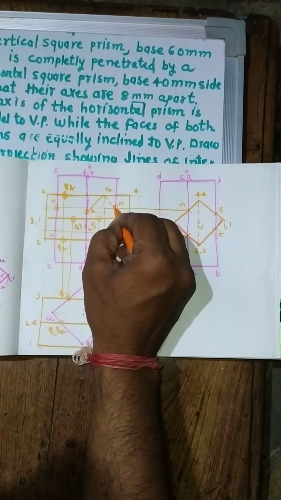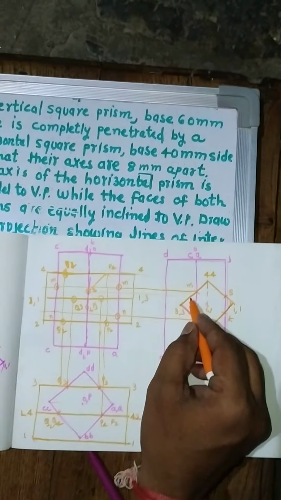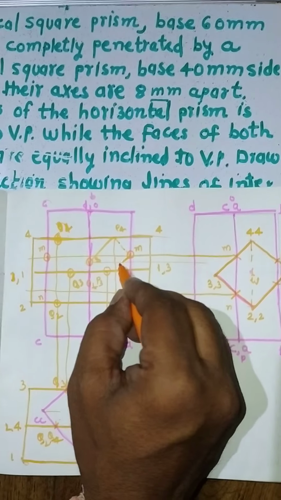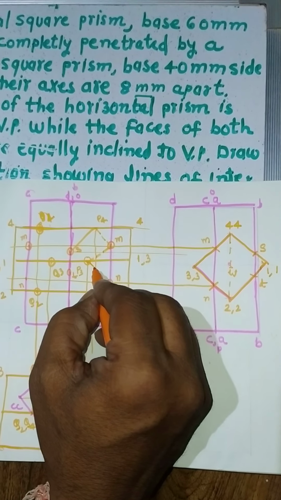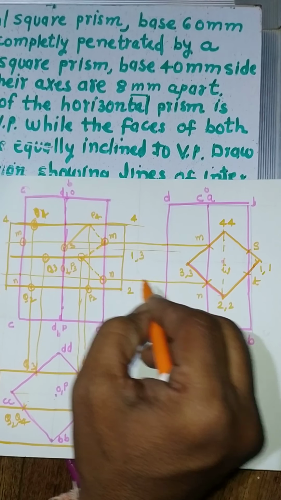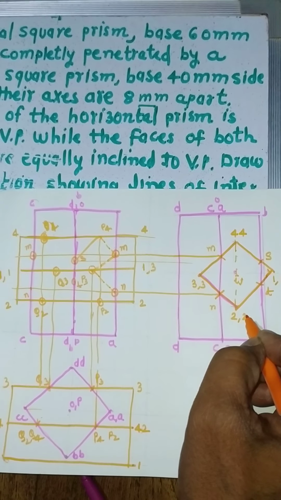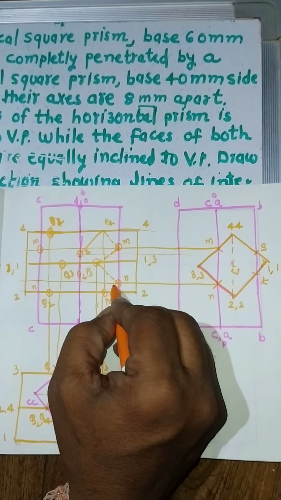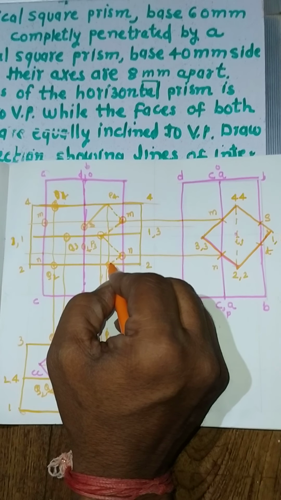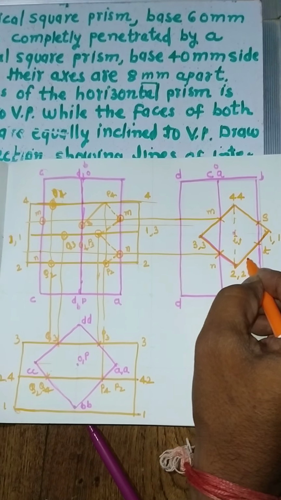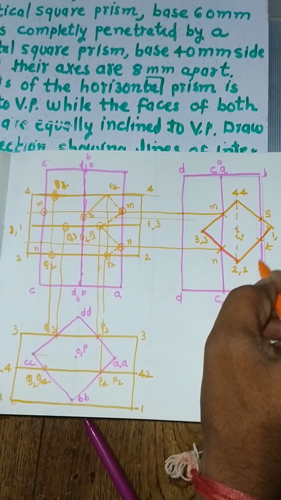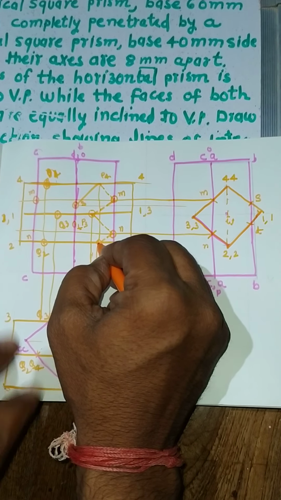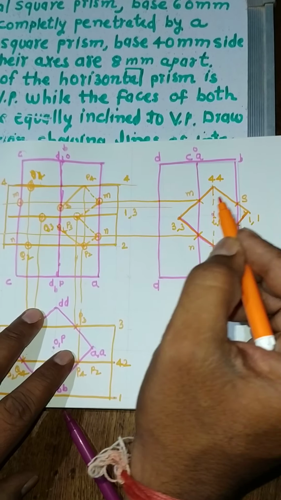It is dotted. After M it is 3, which is not seen. It is dotted. After 3 it is N. That is the sequence we have to maintain from the side view. After N it is point 2. Now this part is seen by the observer, so I will draw from 2 to T with a dark line.